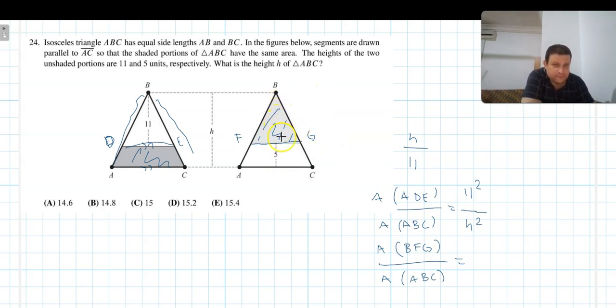This distance is h minus 5, so h minus 5 squared